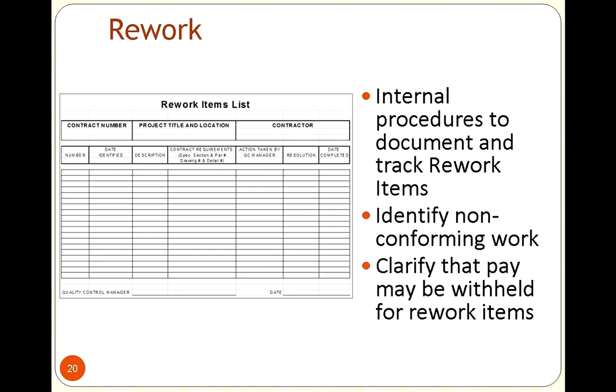And we would be the final say on that rework. So we would go back out again and confirm that it had been completed. They might tell us it was completed on Thursday, but by golly, by Friday, we're going to make sure.